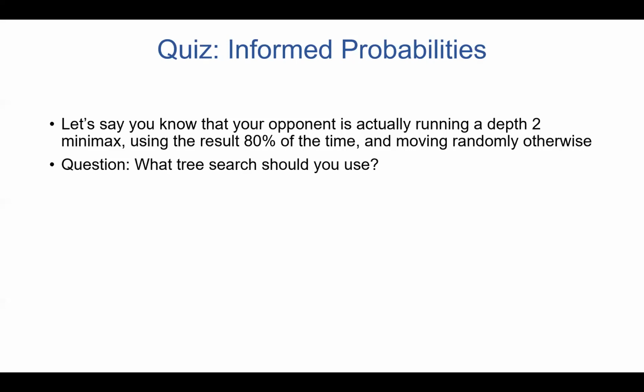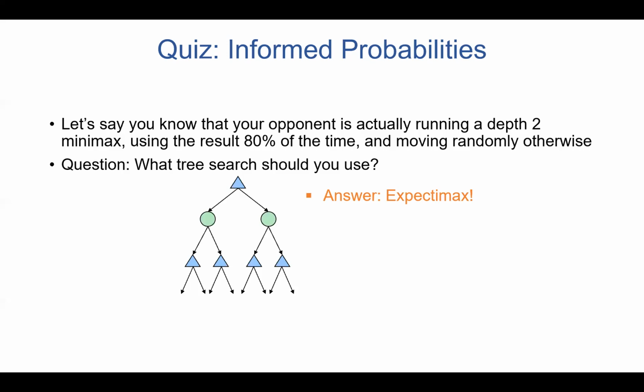Why Expectimax? Still a 20% chance that it's going to be random, right? Plus, another good point is you can always use Expectimax even with minimax, with the probability of 1. So at each point in here,